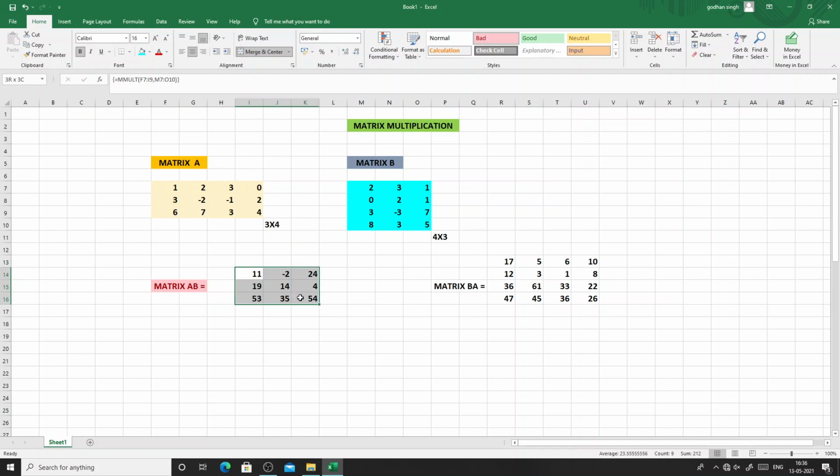And similarly here let me go back to this coloring, and let me take this color. So this color I have put up here, matrix BA. Again from here we can take, as I told you, and from here also you can color, and then select it again, font size increase to 16 and make it bold. So we have made matrix BA, and what we can do is that some space we can keep.